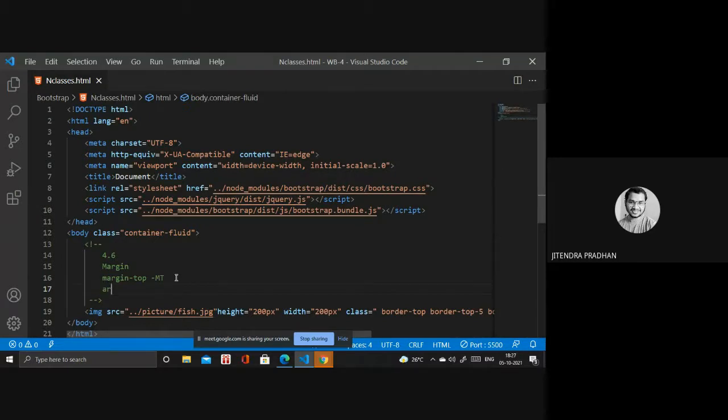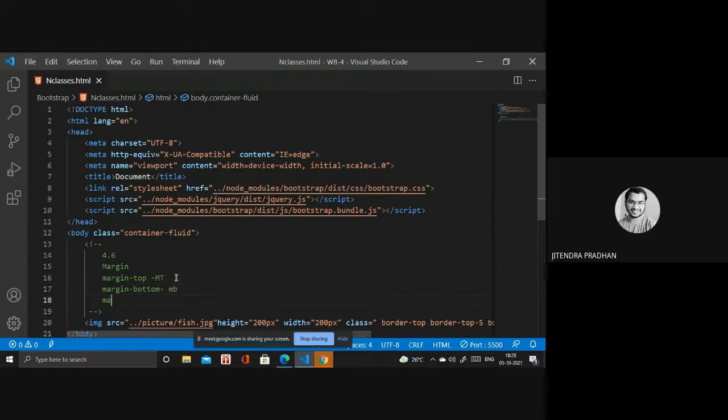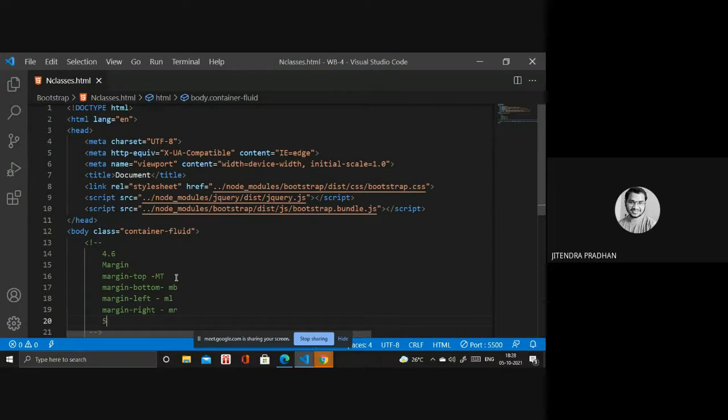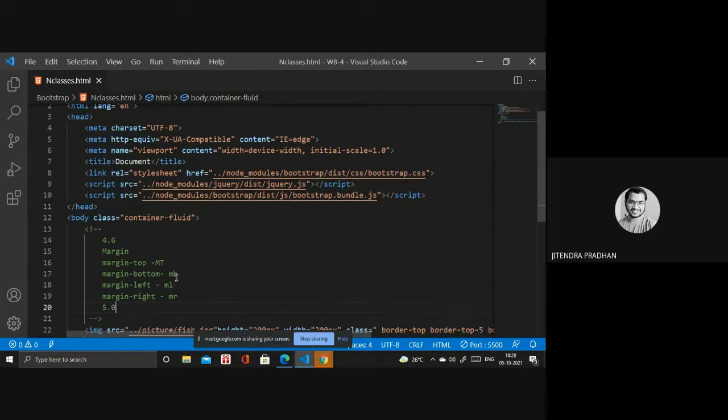Margin bottom, MB. Margin left is ML, and margin right is MR. But now it's version 5.0 or something, or 2 versions ago I think.